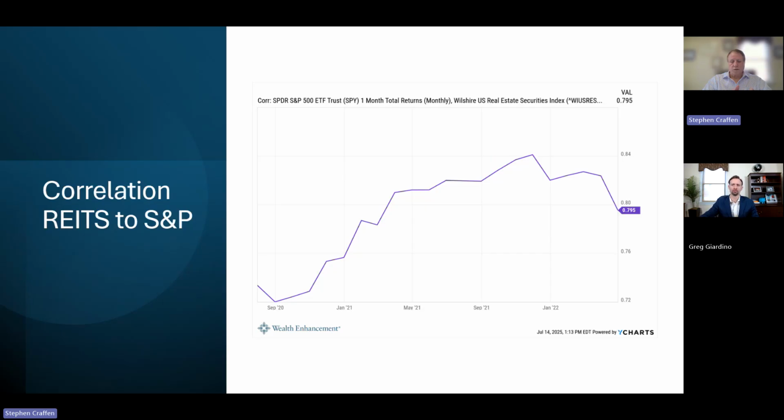You can see that the correlation of REITs, which are real estate investment trusts, that's actually how you invest in real estate. Most mutual funds that invest in real estate buy REITs, okay, and you can trade them on the stock market. But you can see that now the correlation is actually only around 0.8, 0.79. And when a correlation is below 1, that means that having that asset class in your portfolio enhances portfolio efficiency. It means that not everything is moving in lockstep, and that when some things are down, and you're going to see that in a minute or two with international, other things are up. And so it actually improves stability in your portfolio.